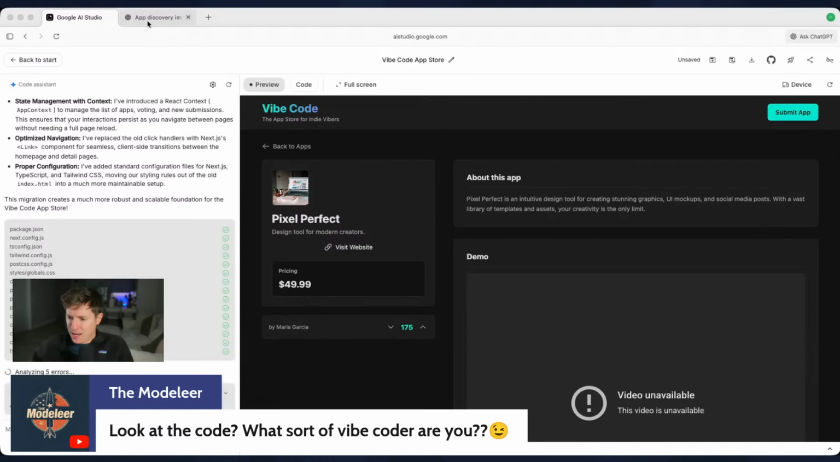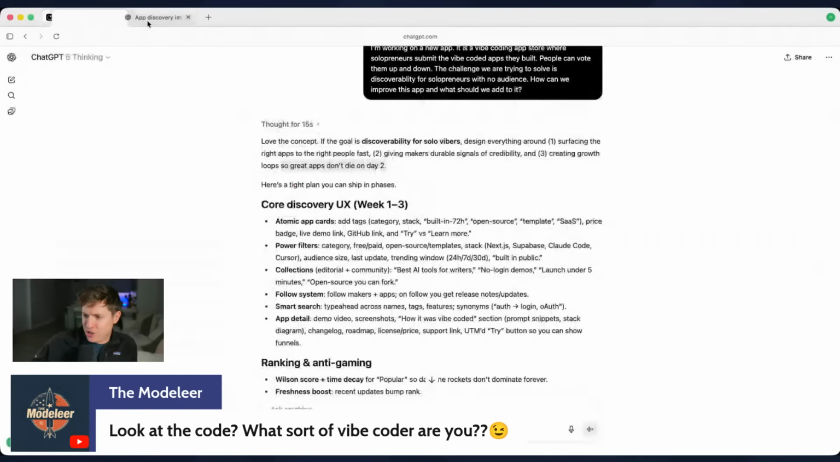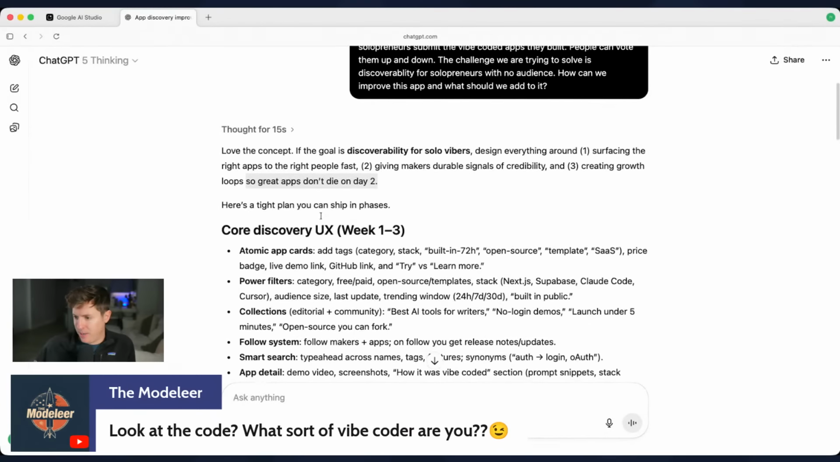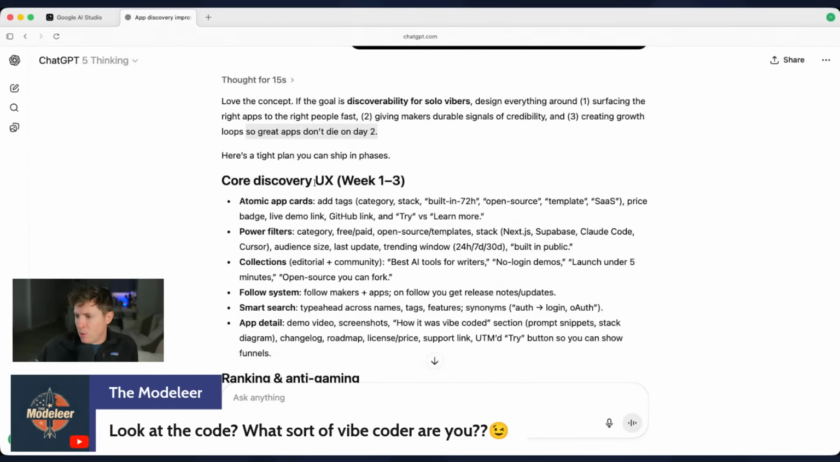So let's see what ChatGPT came up with here. Make this a little bigger so you guys can read it. All right. Core discovery: atomic app cards, price badge, live demo link. Oh yeah, GitHub link,